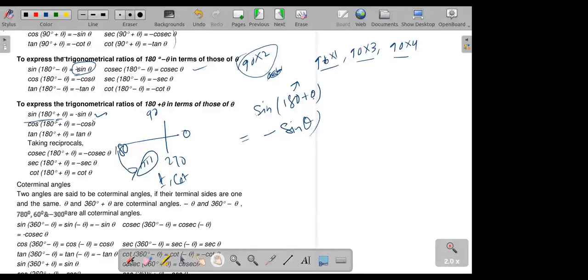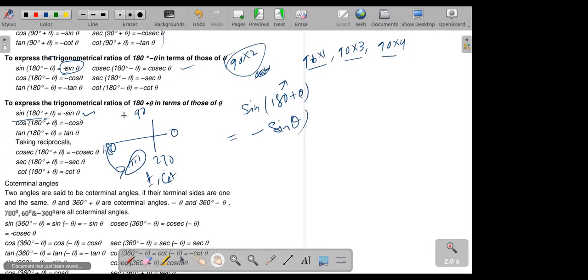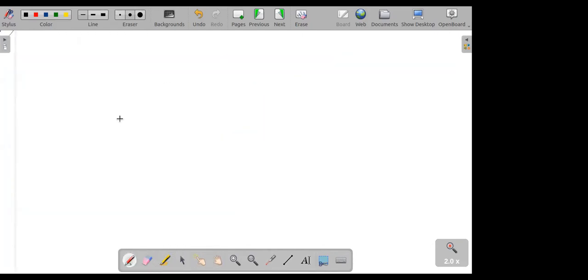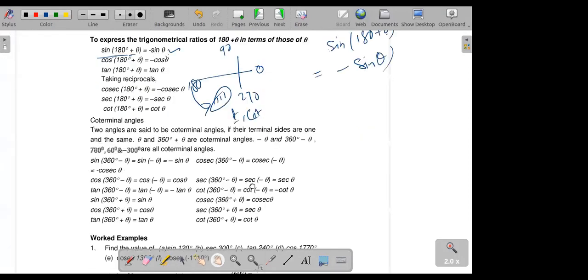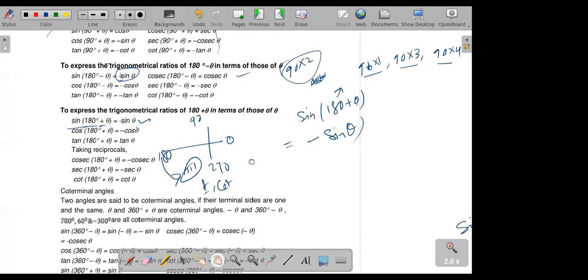I'm giving some questions. Okay, one more error is there. Can you please rewind to that page? There is one more error that I'm seeing, and I think that's also a printing mistake. Can you come back to the page for 1 second, please? Okay, here, if you see sine 360 degree minus theta, no, that is correct, I think. Sorry, please go ahead.